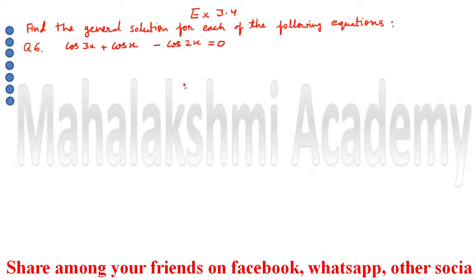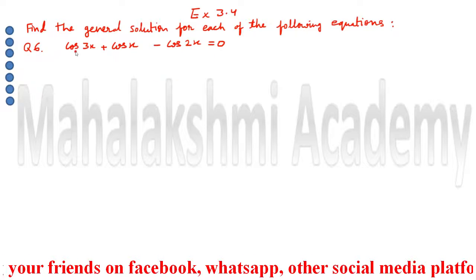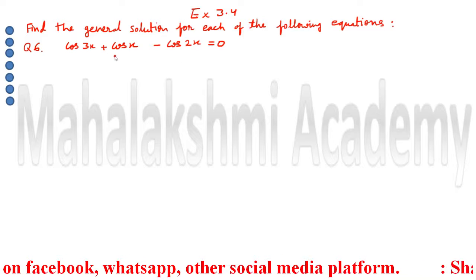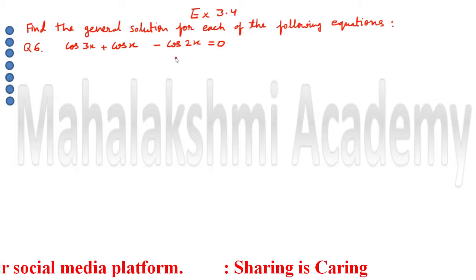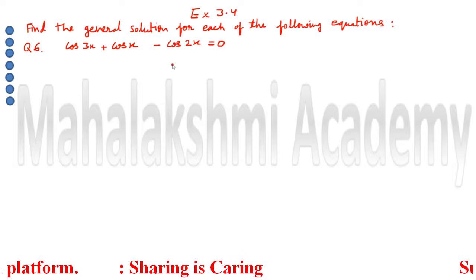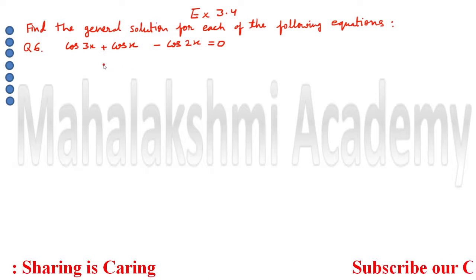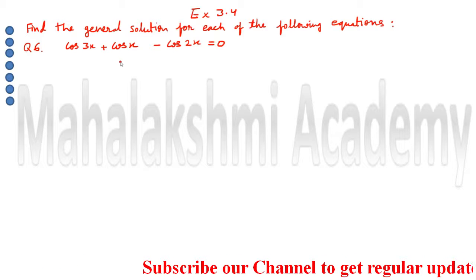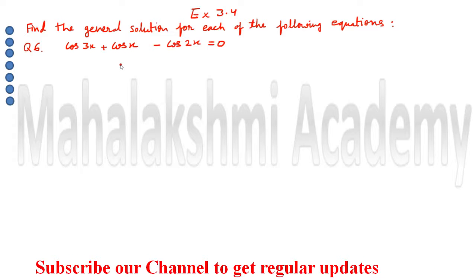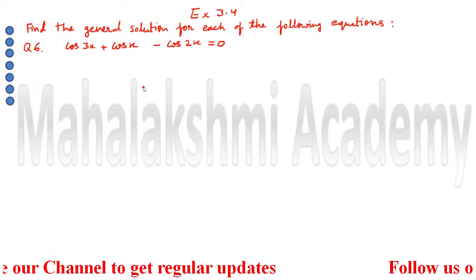So students, this time we have three trigonometric ratios under addition and subtraction symbols. When three trigonometric ratios are together, among the three we have to select any two for which we are going to use the formula. So how to select it? You have to do that orally, because, students, you know